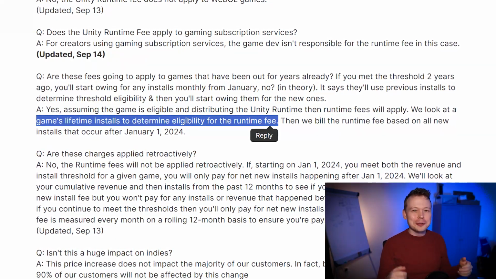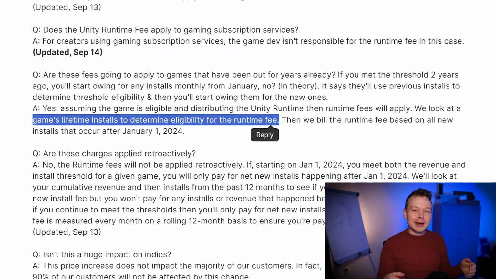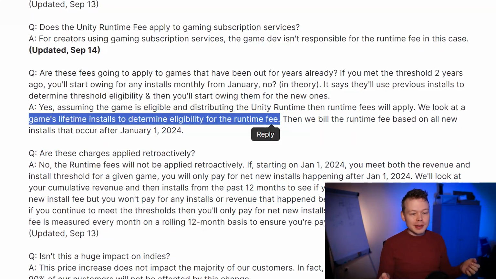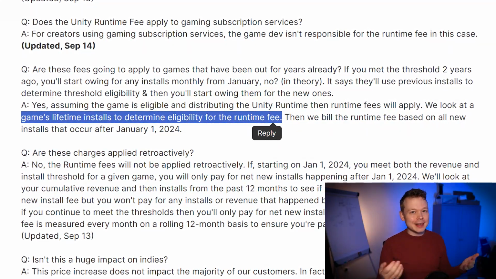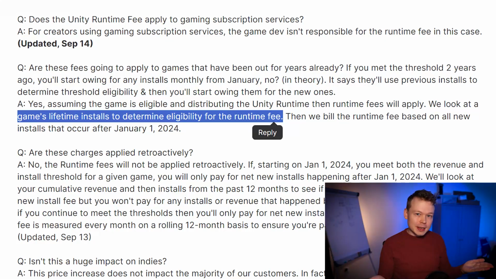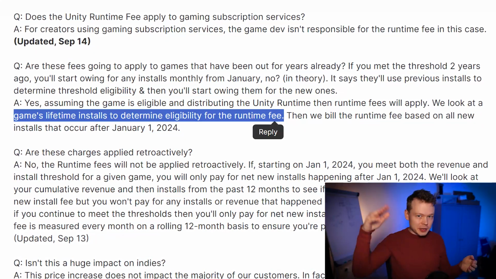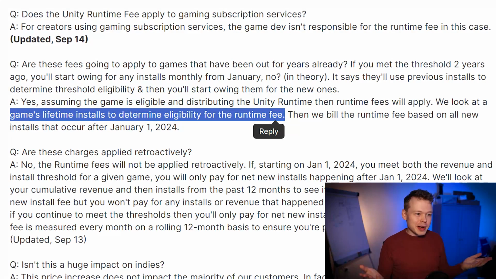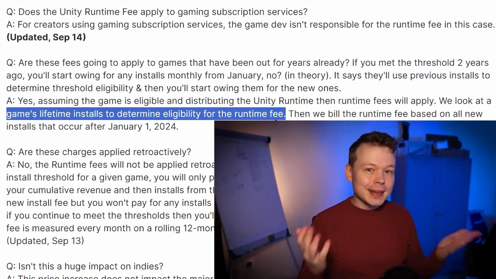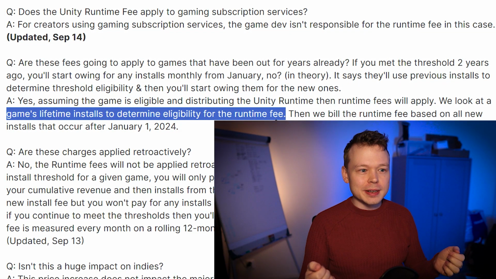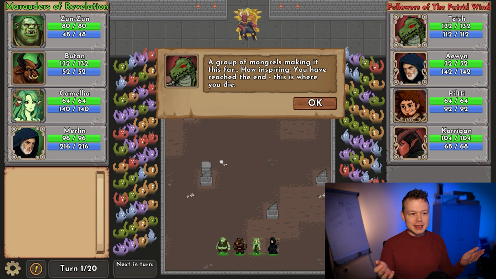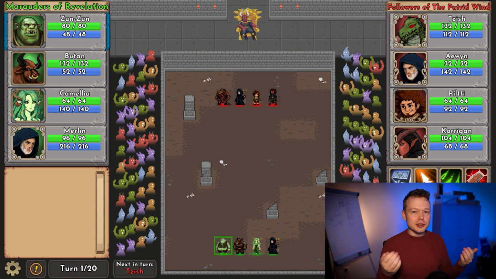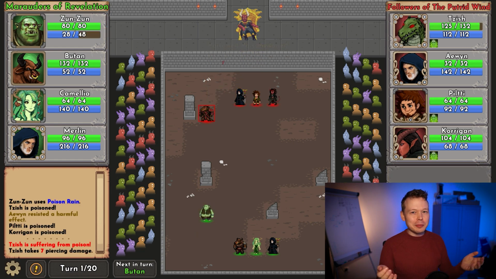So, according to them, if you made a game 10 years ago, it doesn't really matter what kind of contract you agreed to at that time. If your game is still up and it goes above the thresholds, hey, too bad, you now have to pay us. And that I think is the biggest issue and why this has caused such an uproar in the game dev sphere. In essence, this means that in order to trust Unity, you would have to be able to predict